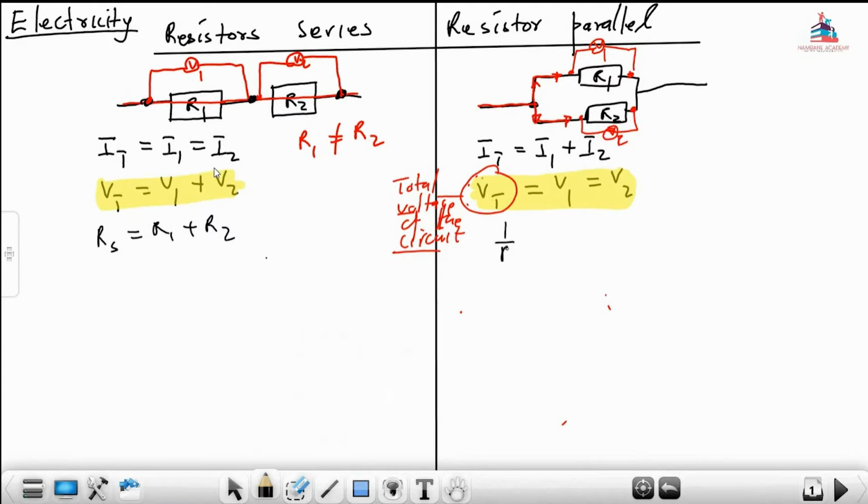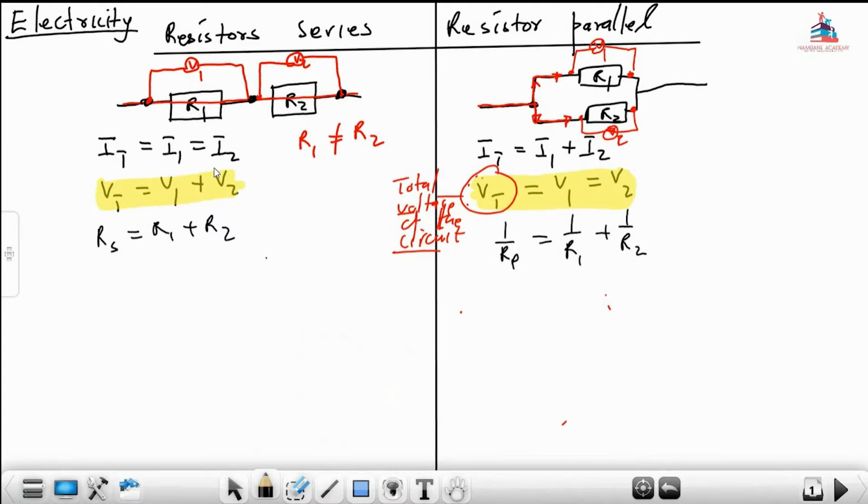And 1 over Rp will be equal to 1 over R1 plus 1 over R2. Now here comes the catch, and here comes the tricky part. What is the tricky part? The tricky part is always when I now connect my resistors in series,